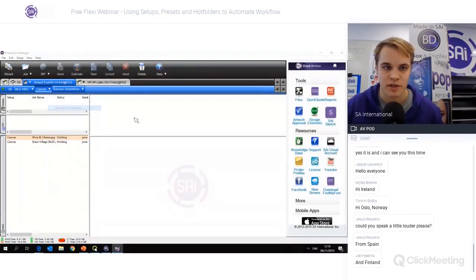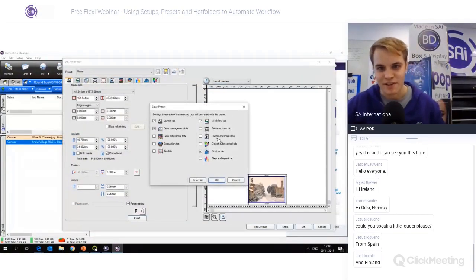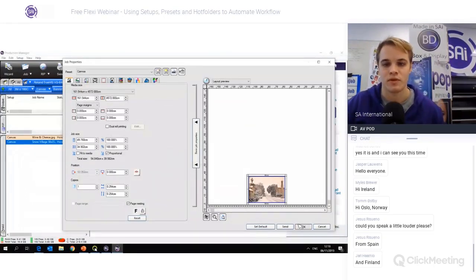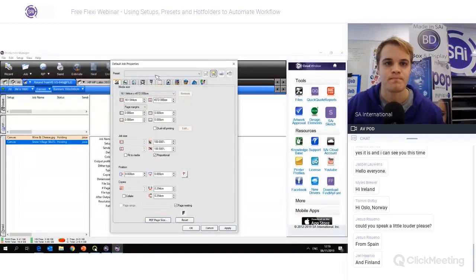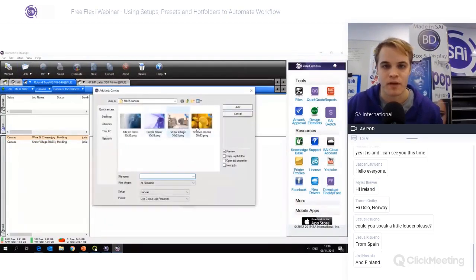Now we're going to go to our default job properties. Oh, sorry. Now we're going to save our preset. So again, Finishing Tool tab, Color Management tab, Layout tab, anything else we want to change. Save it as canvas. Okay. And then in our default properties, we select our canvas preset and we apply it like so. Now, any other jobs that we add into our canvas queue,